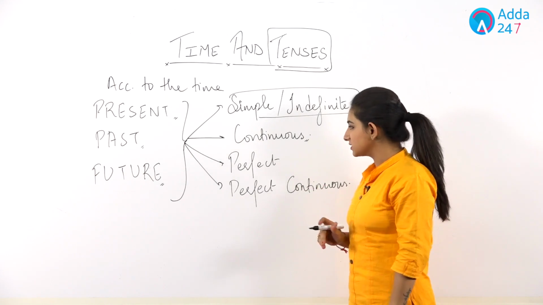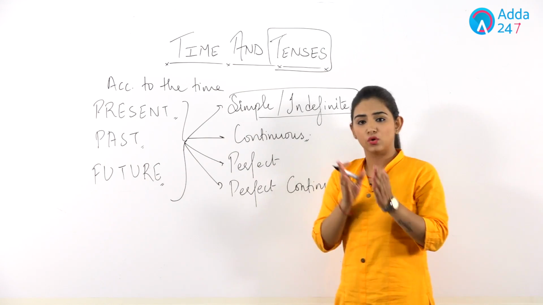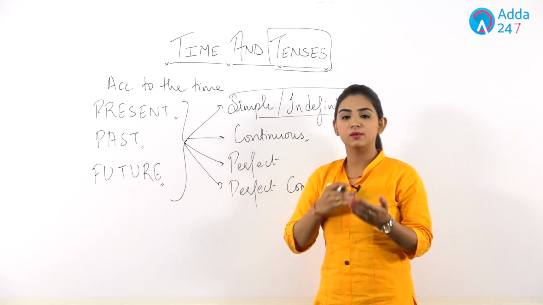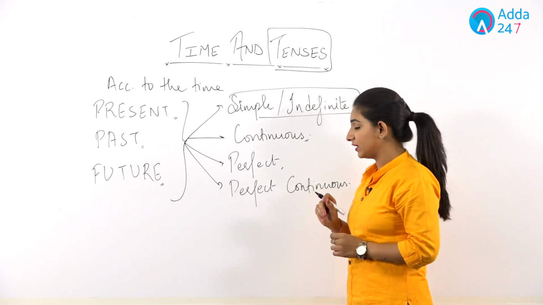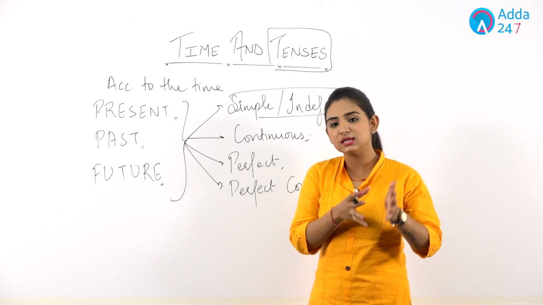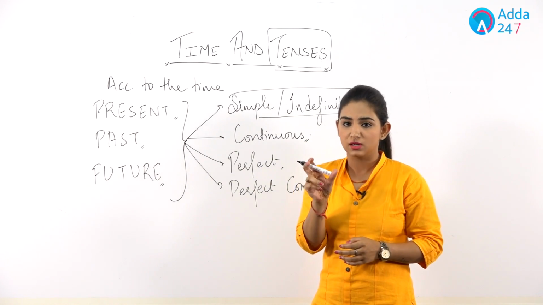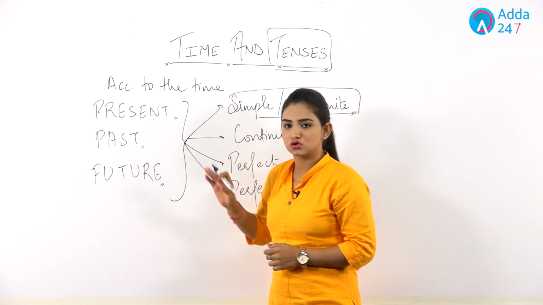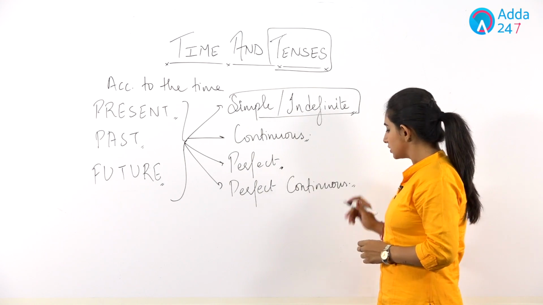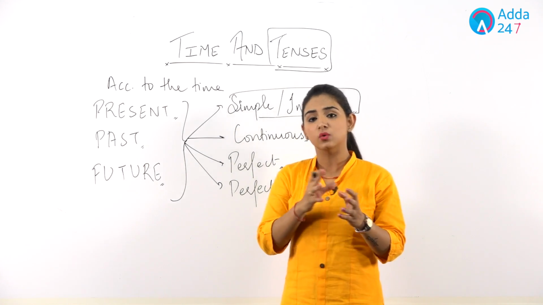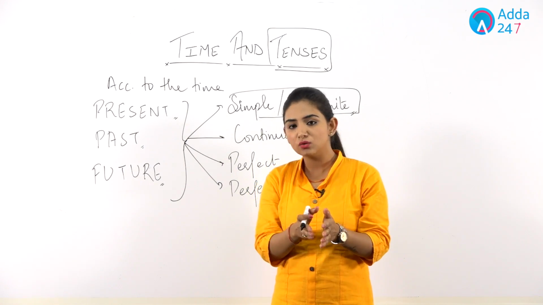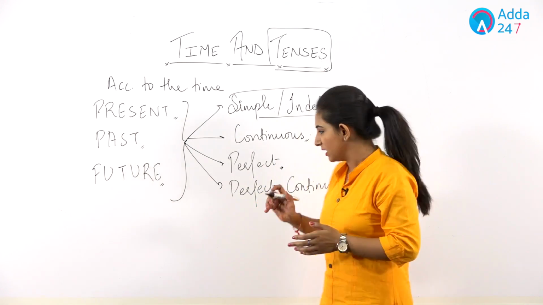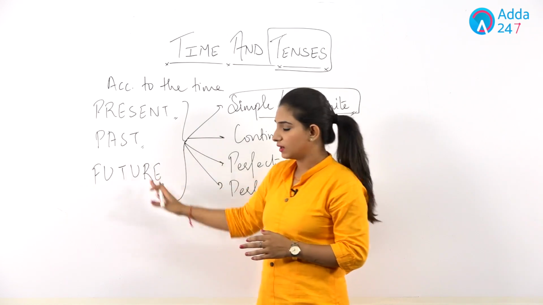Now if we talk about continuous tense, it says in present tense something is going on, in past tense it says something was going on, and in future tense something will be going on. If we move further, we have perfect tense. Perfect tense says some task is completed with a perfect time. A specified time is given and there we write perfect tense with present, past or future tense. Last is perfect continuous, and it says something that was started, a work that was started in the past, still continued or will be continued in the future and will end in the future with a specified time. There we write perfect continuous with different tenses.